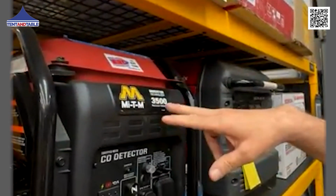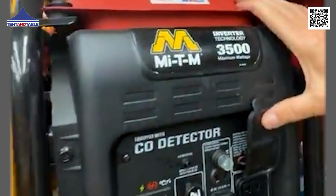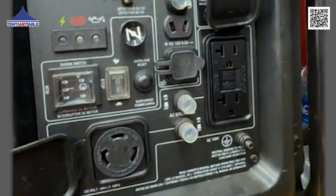So you might look at this inverter, okay? This is a Mighty M 3500 maximum wattage. If you look at how it's configured, I've got one duplex receptacle and I've got one NEMA 30 amp receptacle. Now,